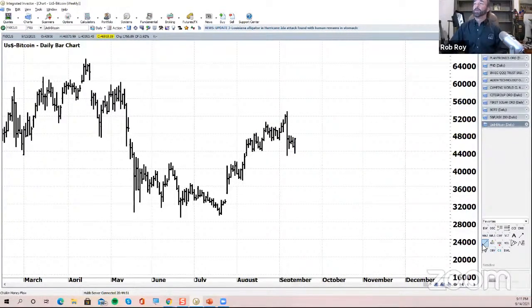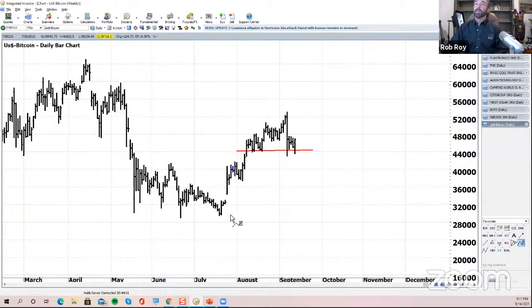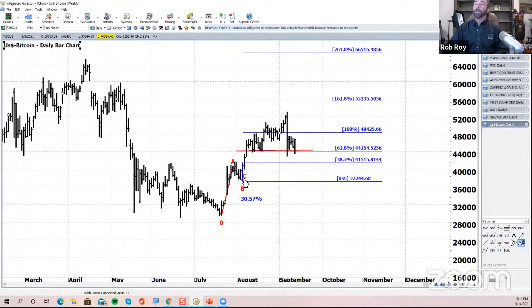We're just going through a consolidation right here, which is really right in tune with all of the different zigzags that we've shown. You can go back and look at our past recordings and see all of them. So we consolidated there at the 100% extension, and now we've come back down and tested the 61.8. That's really classic Elliott wave Fibonacci price action if we are indeed going to make that next move to an extended C wave up to that